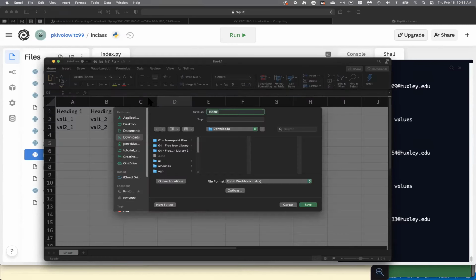There you go, CSV. So you can go directly from a spreadsheet program like Excel to CSV. Let's go to, I want to save it somewhere. Okay, so I'll save it there. Okay, so save.